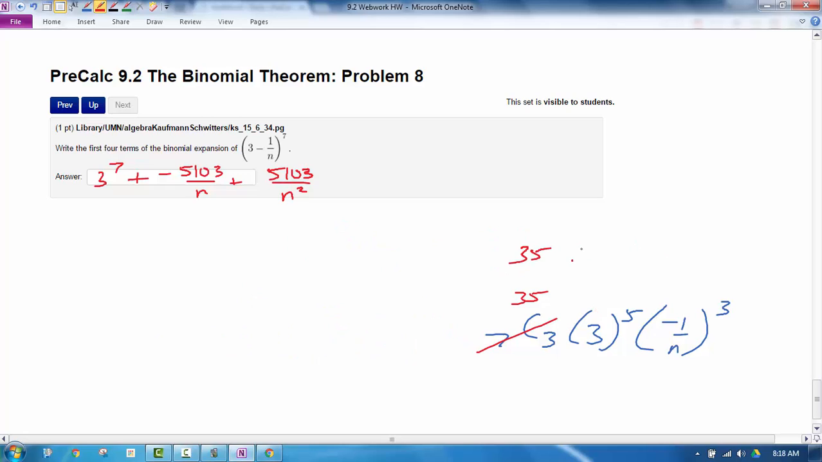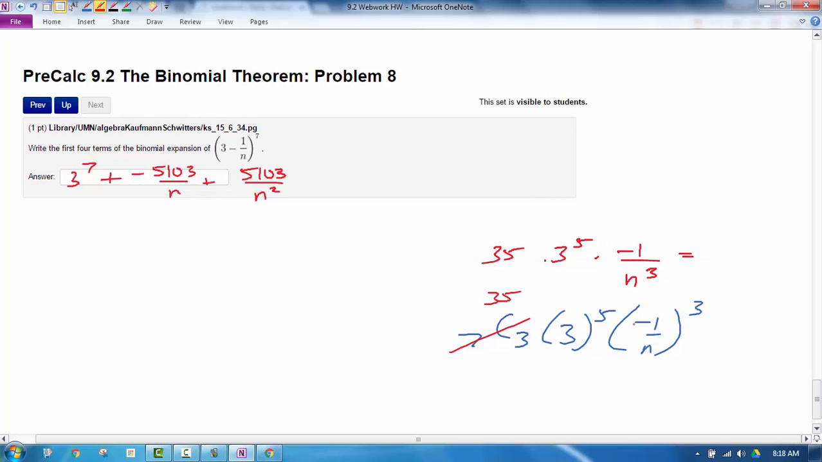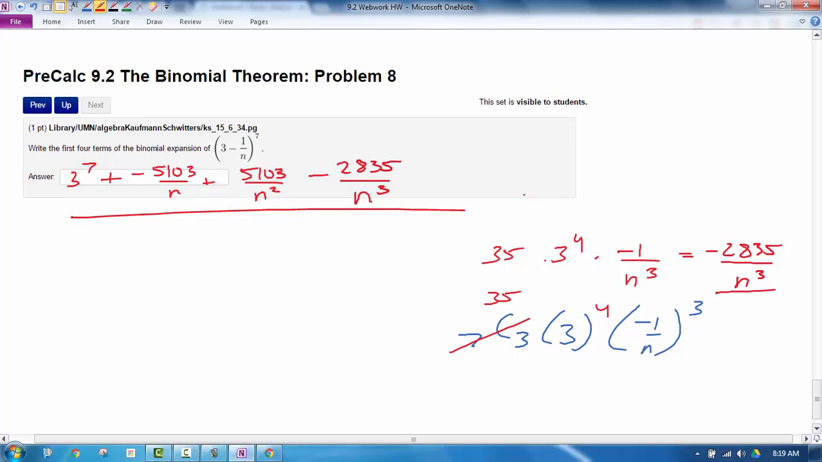And then the last one, we have 35 times 3 to the 5th times, this is going to be negative 1 over n cubed. So I'm going to put the negative sign out front, simplify it a little bit, and I get, and actually this is supposed to be a 4 right here. I didn't drop that when I was doing this. This should be a 4, which gives you negative 2,835 over n cubed. So I know it's a little difficult to enter n, but that would be the